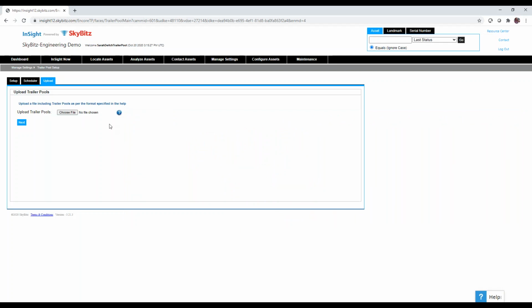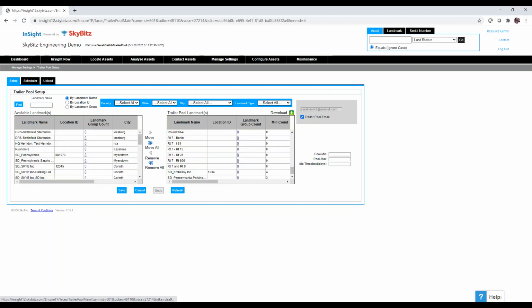So what we're really doing here is a mass upload to update the trailer pools setup section. When you're in, the first step is to click on the setup tab. That's why I wanted to show you this first, and then I have to go back to the setup tab. But then the next thing that you would do is click on this download button. The resulting file, now this is in the help section, and I'm not reinventing the wheel,